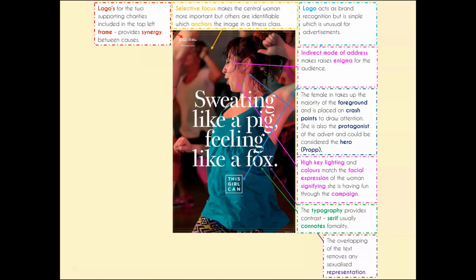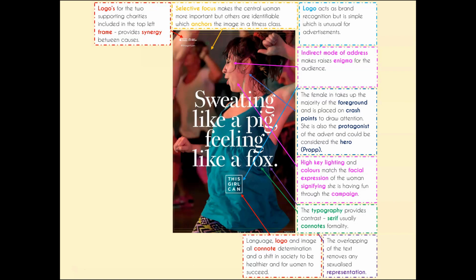The overlapping of the text itself takes away any sexual representation, so although we're reading that text and it's positioned across this woman's chest, the fact that we're reading rather than staring takes away any sexualized representation, which is something you'd normally expect to find within women who are promoting sport in some way, shape or form. Now, the language that we've got here,